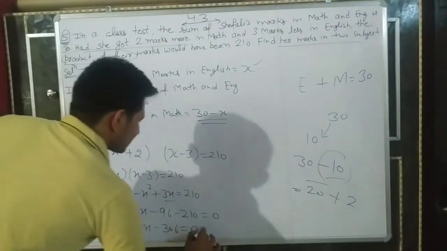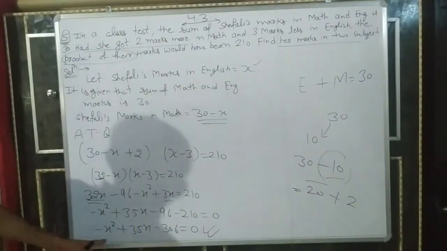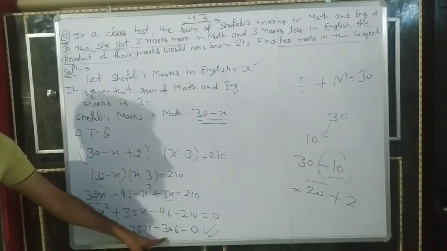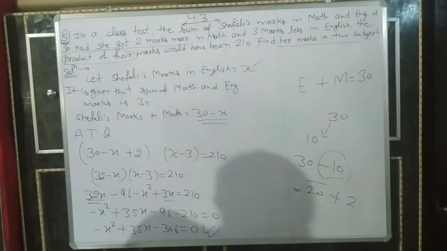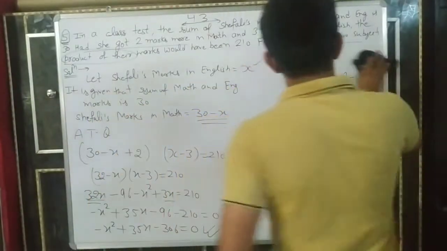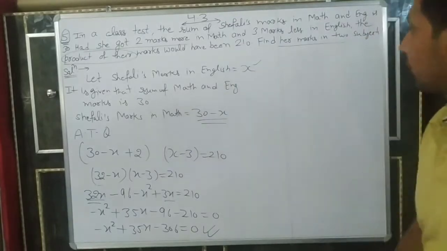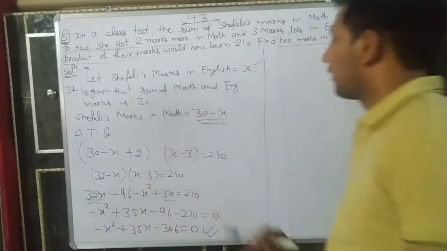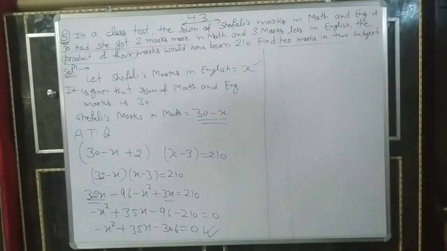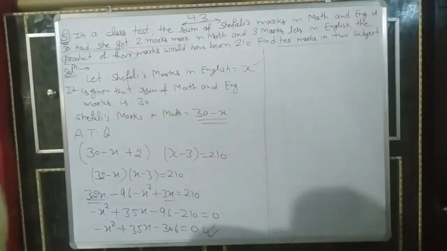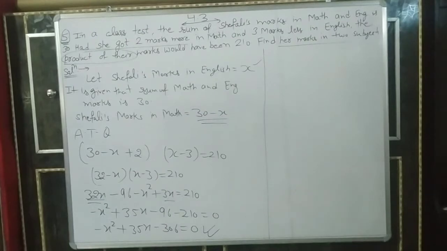It is a quadratic equation or not? Yes, a quadratic equation. A is minus 1, B is 35, C is minus 306, and from there we can find their marks. How will we find? By any method you can use, whichever you are convenient with. Understand here? So please note it down. You have to do it yourself. Note it down, everyone.